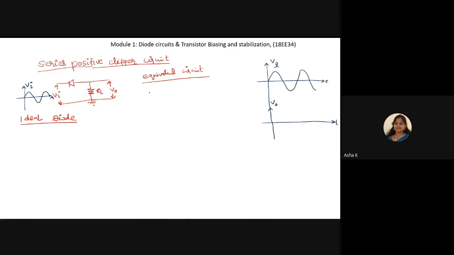Here, during the positive half cycle, what is going to happen is the first concept, and during the negative half cycle of the input sinusoidal wave, what is happening is the other concept. I have written here the equivalent circuit. If you observe the equivalent circuit, I hope all my students are able to understand and write these circuits in sentence form. You have to write the sentence form also.